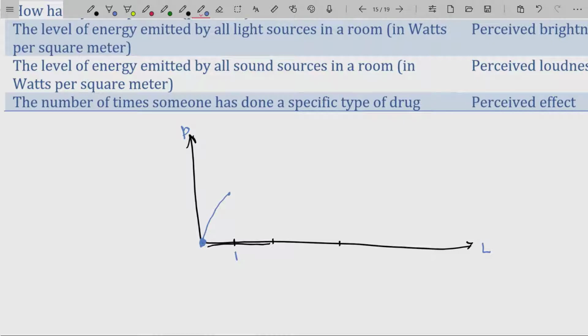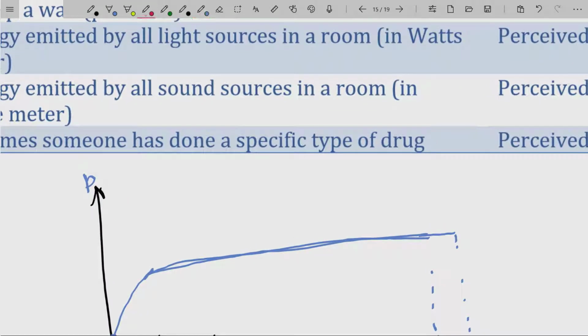Now let's pretend that you're in your classroom. So I'm just going to make up a number here. And the number of lumens is like that. Okay. So you're in your classroom. And then all of a sudden, 1 extra lumen is provided because your phone goes off. Well, here's the difference in your perception. You're in a well-lit room. That is the perceived brightness to you. And then your phone, which could be in your back pocket, it could be on your desk upside down, whatever it is, it doesn't actually add that much extra light to the room.